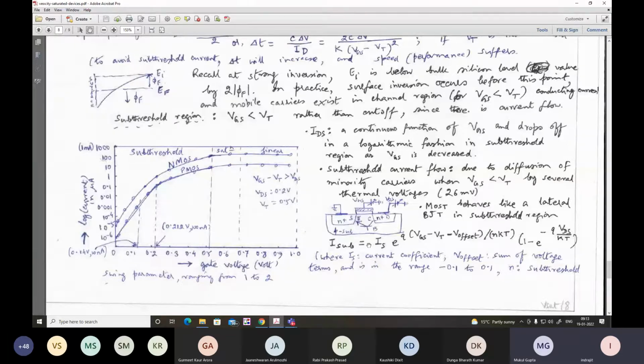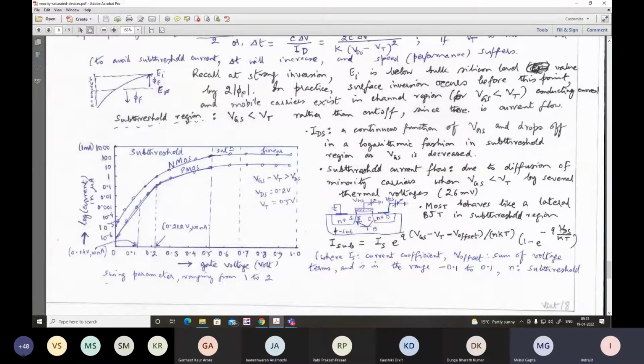But let us see the mathematical representation for that. This current moves as a function of both the gate to source voltage and the drain to source voltage, that is 1 minus e to the power minus q VDS by VT. This may remind you of the diode equation, the p-n junction diode. There also we see something like 1 minus e to the power minus qV by kT. However, that was e to the power qV by kT. kT by q is nothing but the thermal voltage. Some similarity you can find.